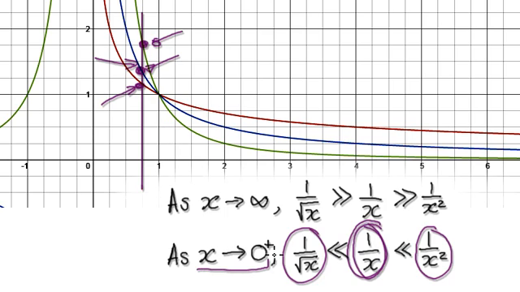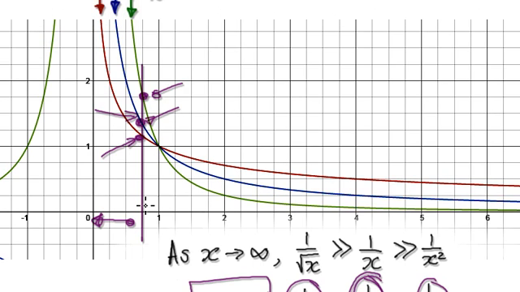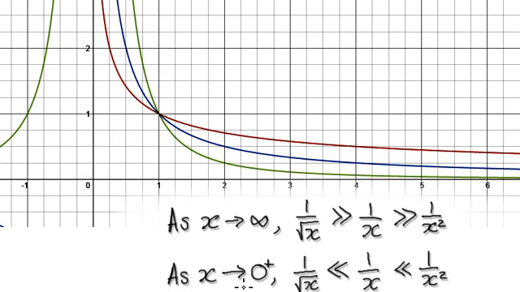But then as x approaches 0 from the right hand side, so as x gets smaller and smaller, everything will exaggerate itself. So if you look at this here, as x moves towards 0, you can already see that this is getting larger and larger than this. And then this point here is already getting larger and larger, and so on. As x heads towards 0,